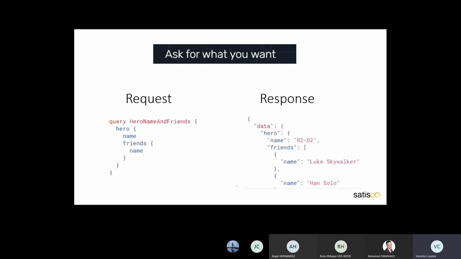Okay. If we compare with a REST system, we can transmit only one set of arguments. Generally, it is the parameters of the request in the URL.